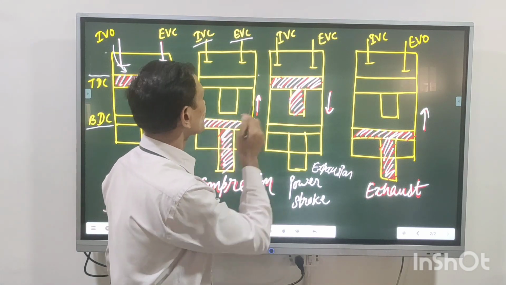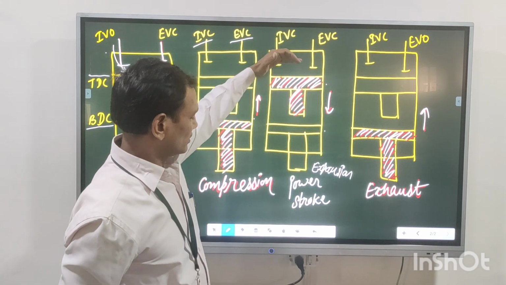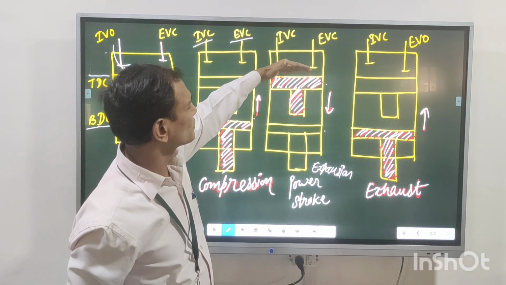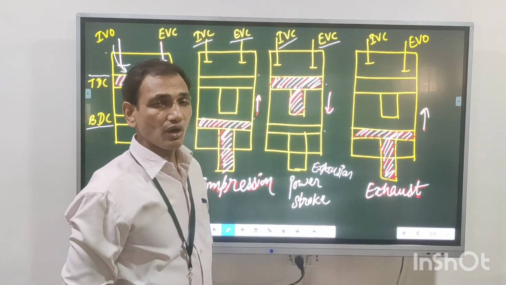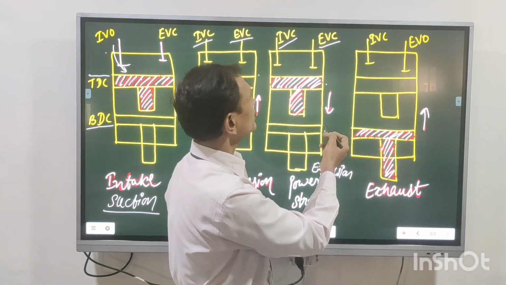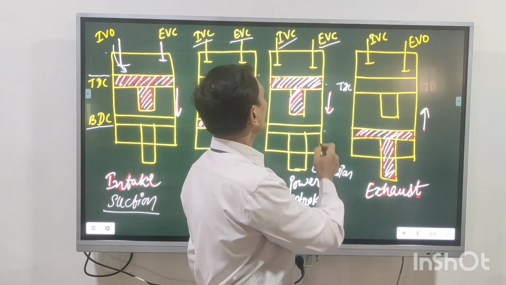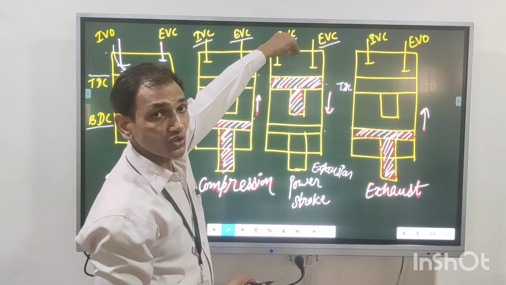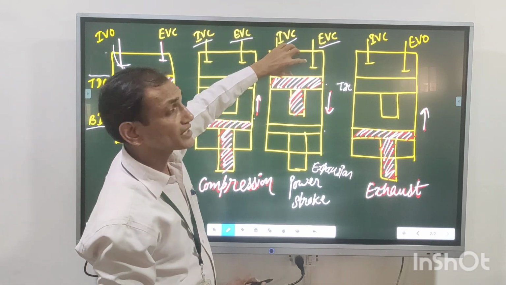Here the piston moves from TDC to BDC. In this, the inlet valve and exhaust valve are both closed. One minute before this, in the power stroke, ignition starts with the spark plug here, and the air fuel mixture is compressed, so the pressure and temperature are high.